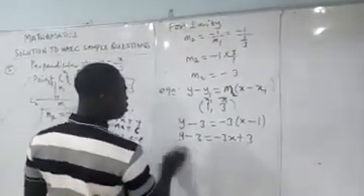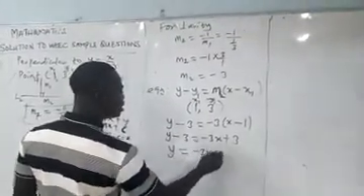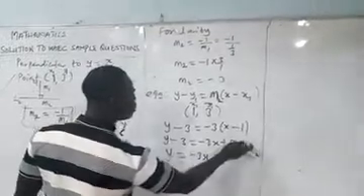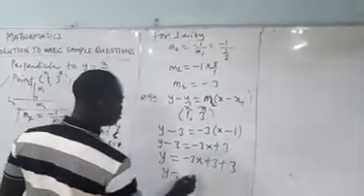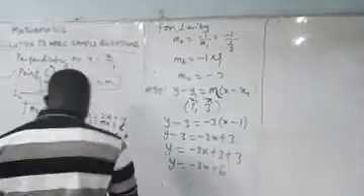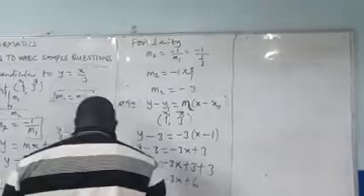Now we can take the minus 3 to the other side, and it becomes plus 3. So we have y equals minus 3x plus 6. And that can be found in which option? That can be found in option